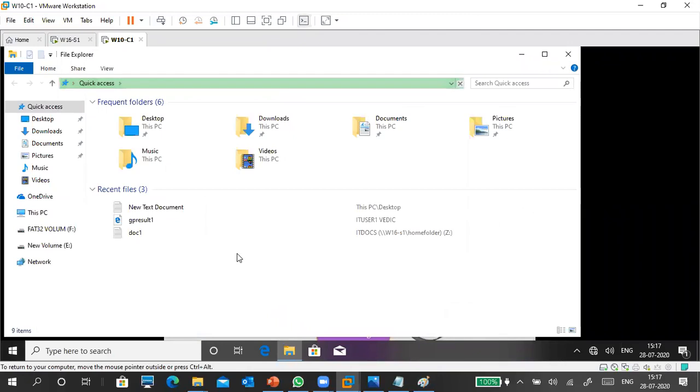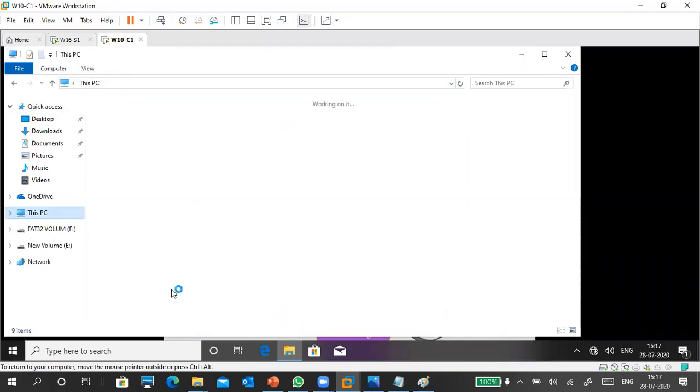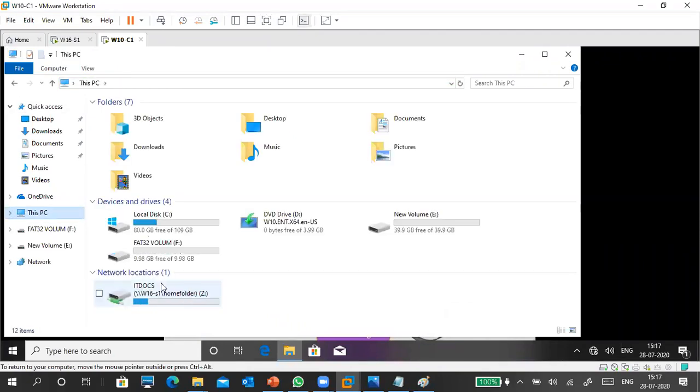This is your home folder. C drive, D drive, E drive, like this is the home folder. Whatever data you keep, it is going to be stored in your remote location, the server, which is a centralized location.